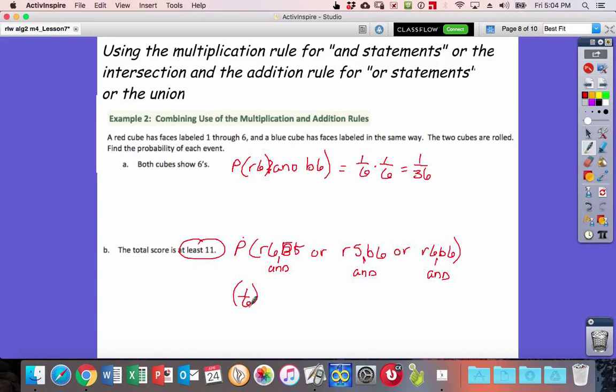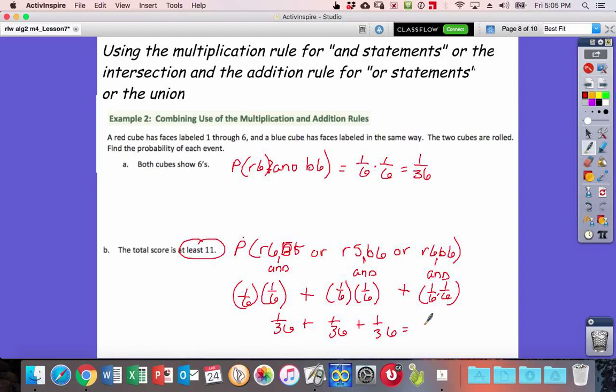1/6, that red 6, and 1/6, blue 5. The OR statement, I'm going to add red 5 and blue 6. The OR statement is the add, and this is 1/6 times 1/6. So you're really getting 1/36 plus 1/36 plus 1/36 is equal to, wow,